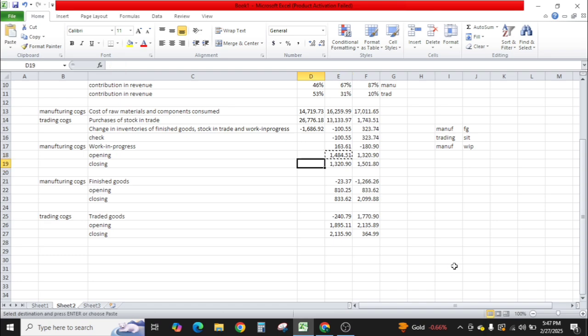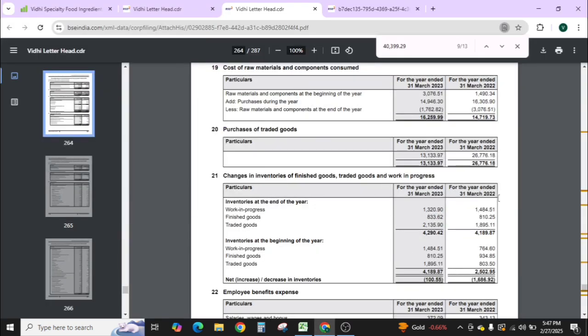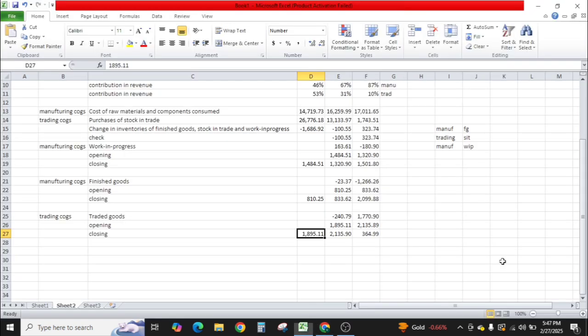This is the opening, so this will be the closing of previous year. Same way this is opening, so this will be closing of previous year. Same way this is opening for FY23, so closing will be this only. I will check. See, for FY22 the opening is this for work in progress 764,